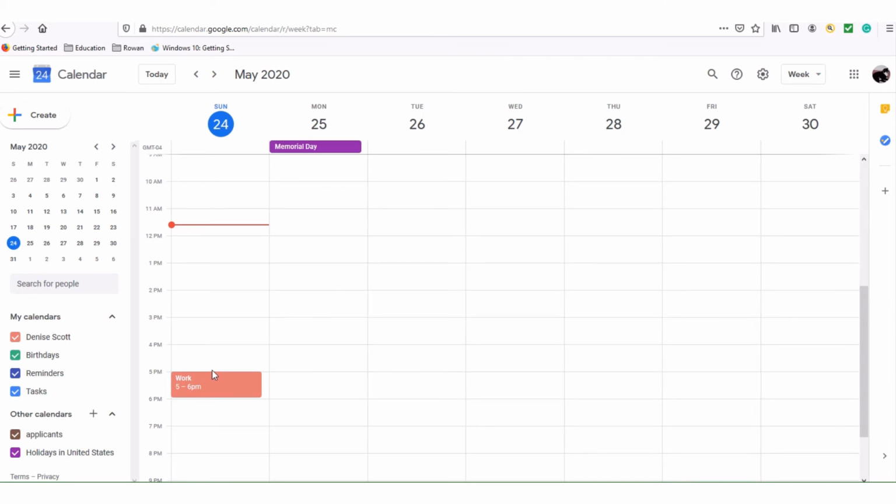And we don't need the one for Father's Day. Holidays in the United States, we can see that this is an all-day event. All the holidays will be all-day events, and all-day events will show up at the top of your calendar. If you go up here, you can see my calendar, and these are all the calendars that by default are